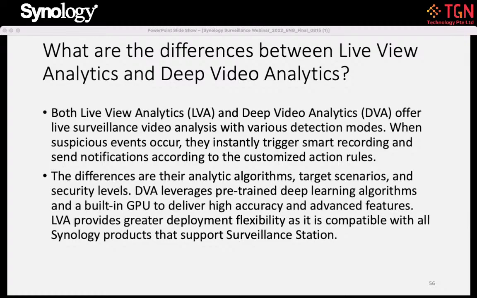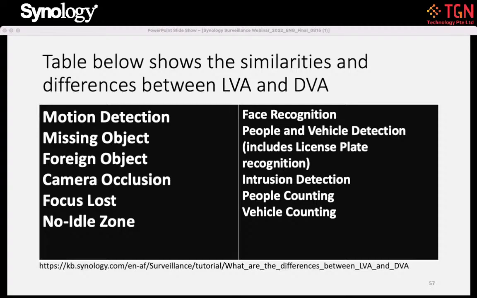So on my next slide, I'm going to go into the table. With this table, you can easily see the similarities and differences between the live view analytics and the deep video analytics. As usual, all Synology NAS, all plus models, Surveillance Station supported NAS, support motion detection, missing object, foreign object, camera occlusion, focus loss, and no idle zone. But with the DVA, you have an add-on of facial recognition, people and vehicle detection, which includes license plate